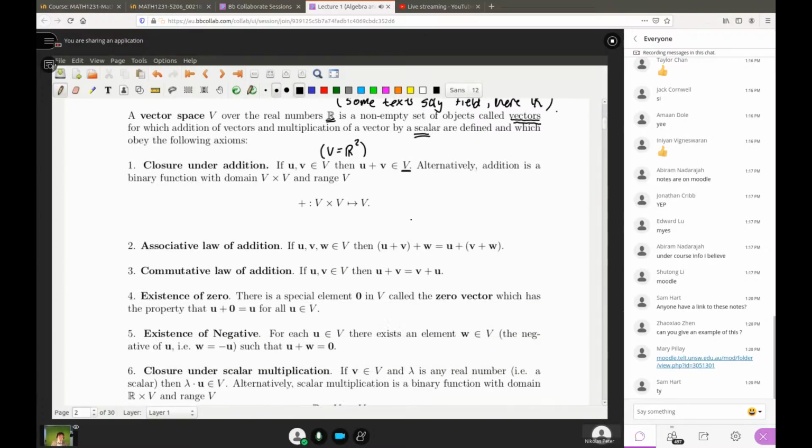Okay, there's a little bit more to addition, like this one. You take three vectors and you add them all together. Essentially, this is saying it doesn't matter in the order in which you add these things. You can do u plus v first, and then add w, or you can do v plus w first and then add u to that. It doesn't matter. You'll get the same thing. You can essentially bracket things any way you like.